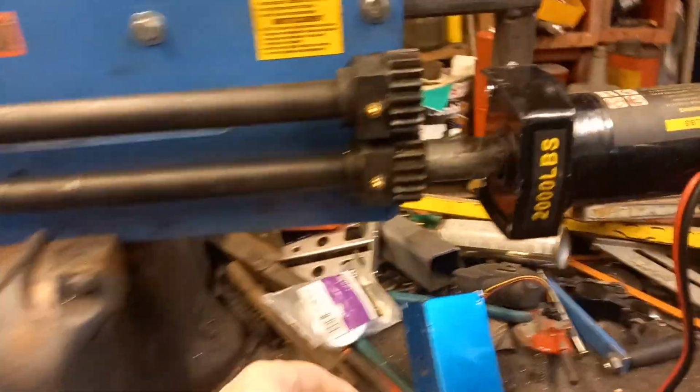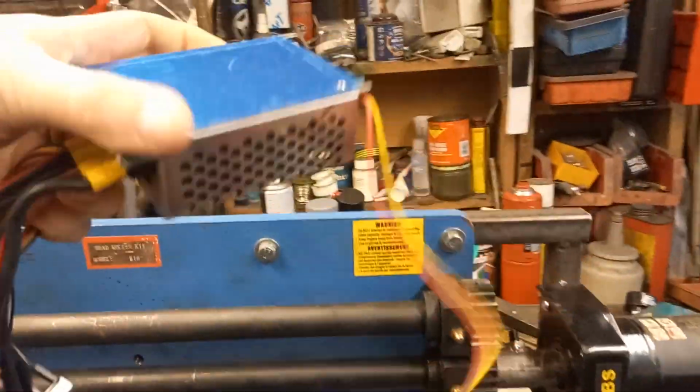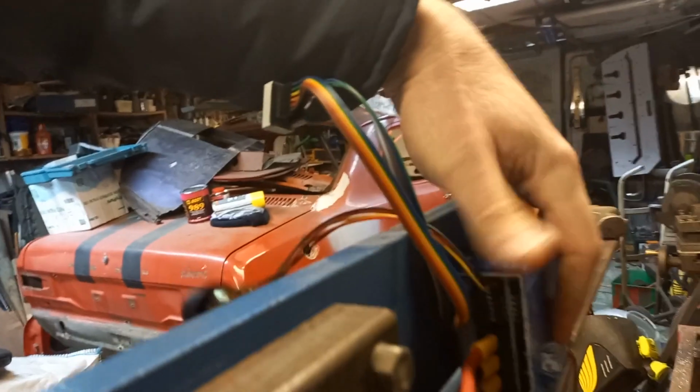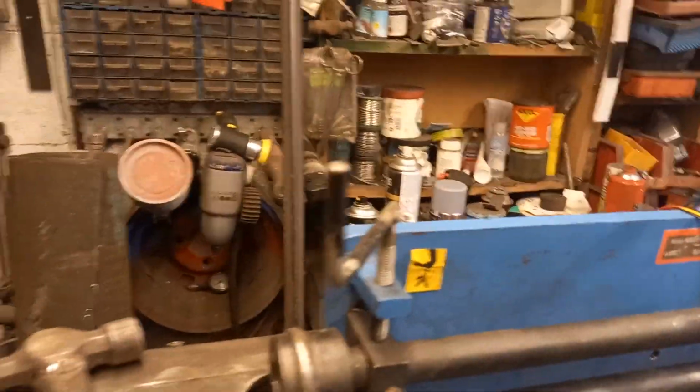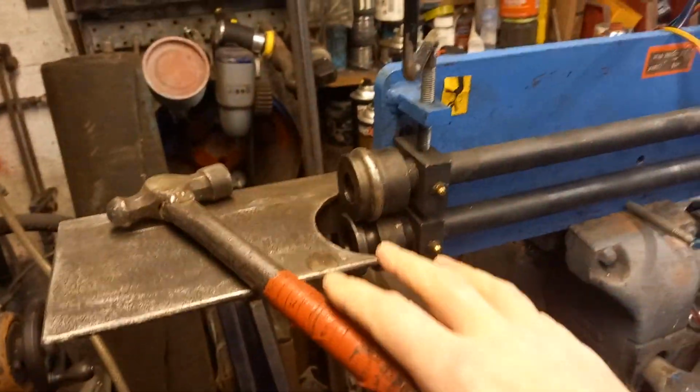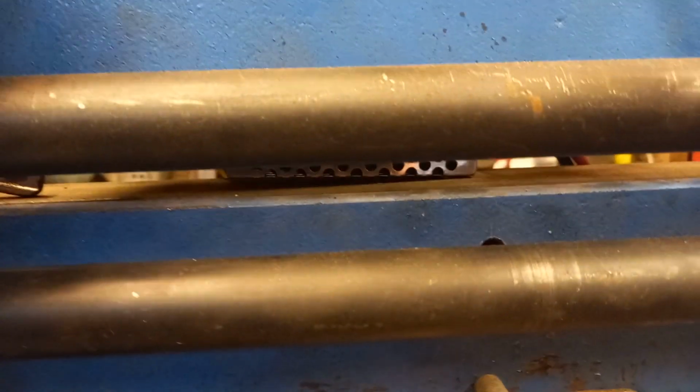Right, let's see if we can make a box to house all this gubbings here. So what I'm thinking is something around the back here, locating it somewhere around the back here, and then have these switches just poking over this neck of the wood somewhere, so that when I'm working here I can just get to them quite easily there, and then a foot pedal down there to turn it on and off. So what I want to do is get a box, work out some sort of box so this will all fit into, and I can then bolt it down to leave it. I want to keep it above that level, that gap there, obviously, because that's where the steel goes through, or aluminium or aluminum,